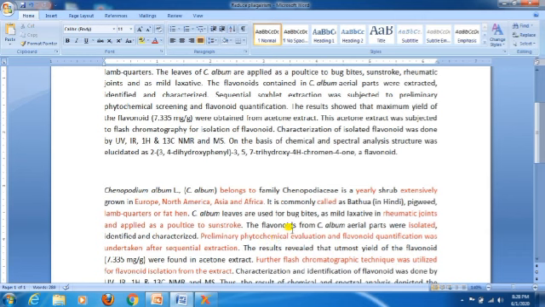What you have to do is change the sequence, or change the order of the words, where isolated, identified and characterized. The word extracted is replaced with isolated. Since the flavonoid can be a single moiety, you can use the word isolated in place of extracted. Next, sequential Soxhlet extraction was subjected to preliminary phytochemical screening. Here, we can't